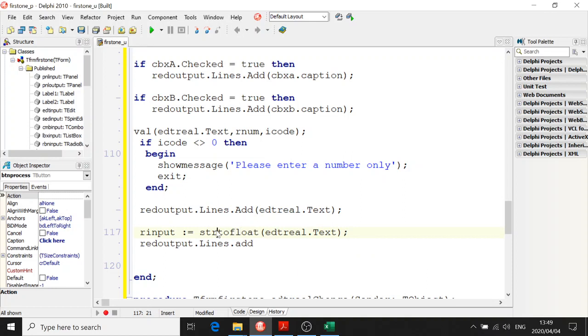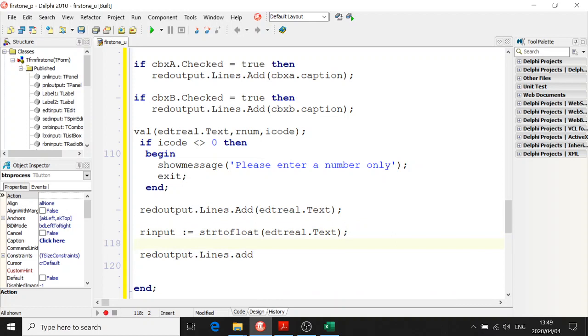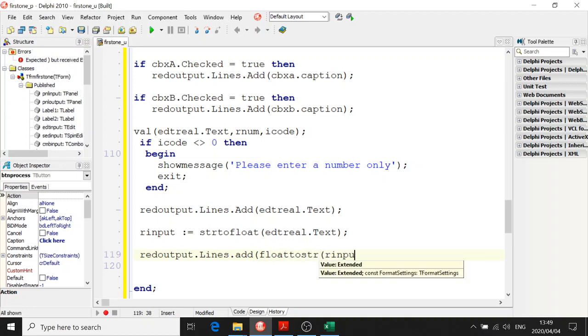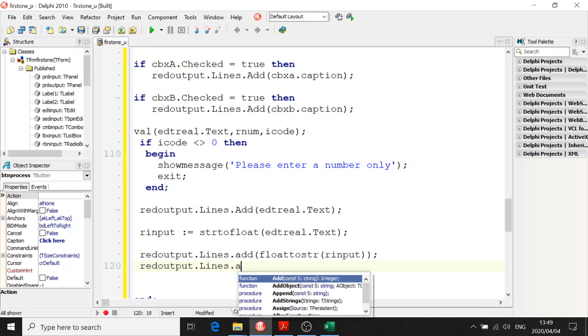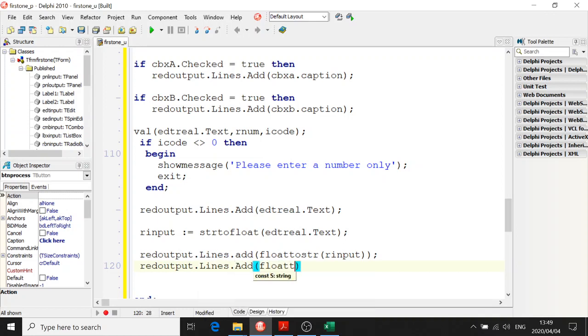So the Delphi code says StrToFloat. We're taking a string, converting it to a floating point number, and then you have that. Now we can display our number in the rich edit in a special way, and we do it in the following. FloatToStr, we can say rInput. This is one way. Or we can say redOutput.Lines.Add(FloatToStrF(rInput,